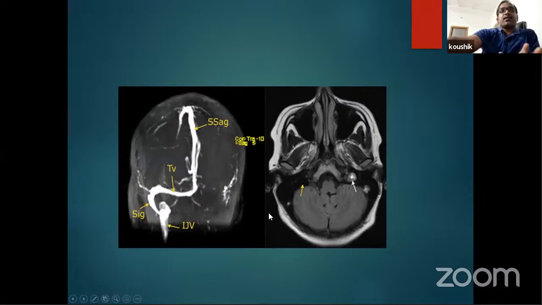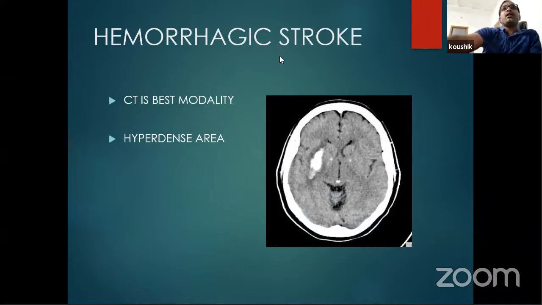These are some MRI images. This is a venogram showing thrombosis of the left transverse and sigmoid sinuses. They are not seen. Usually in case of thrombosis, in the MR venogram we don't see them, because there is no uptake of flow. Then